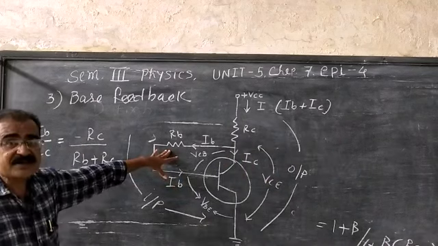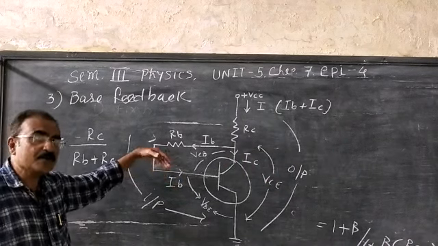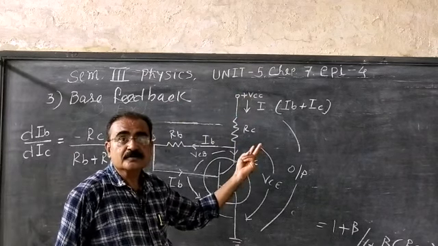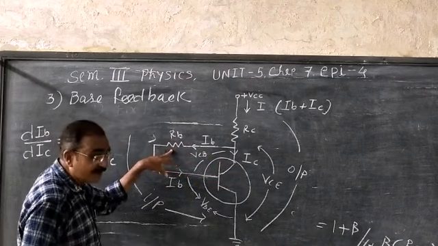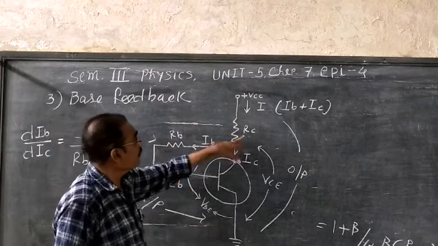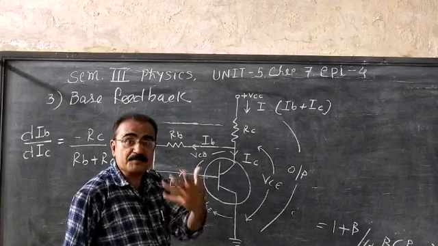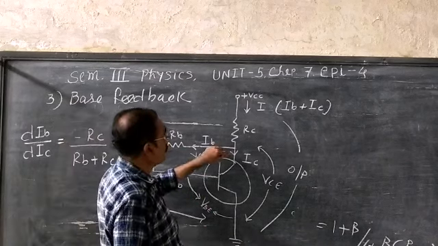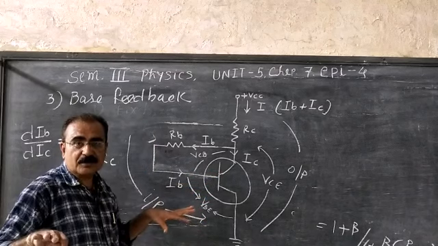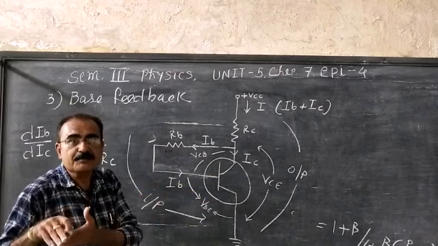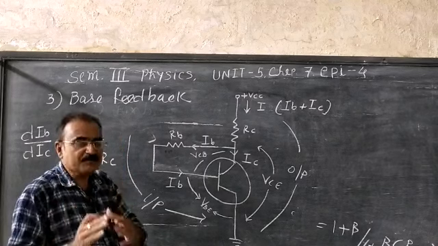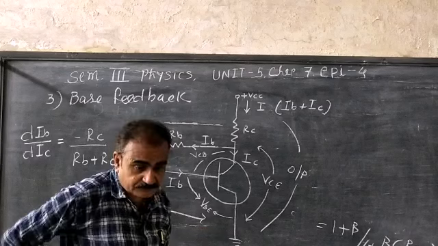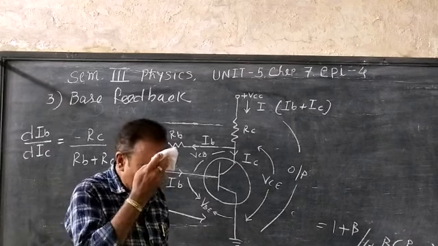As we know, we require the base current to be very minor, in terms of microamperes, and IC is the other part of the current. So here we connect RB, which is quite large compared to RC, because IC is in milliamperes while IB is in microamperes. We have a common source, so we have to create two parts of the current. One is microampere, another is milliampere. So when there is a need for microamperes, there is a need for a larger RB. So let me show one numerical example.